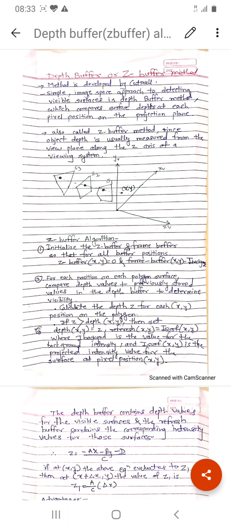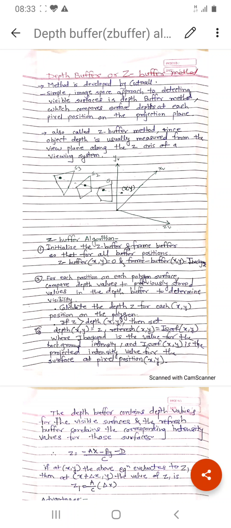The implementation requires another buffer memory, which is why it is called the Z-buffer algorithm, along with the frame buffer memory required for raster display services. A Z-buffer is used to store depth values for each x and y position as the surfaces are processed, and the frame buffer stores the intensity values for each position. At the beginning, the Z-buffer is initialized to 0, representing the z value at the back clipping plane, and the frame buffer is initialized to the background color.